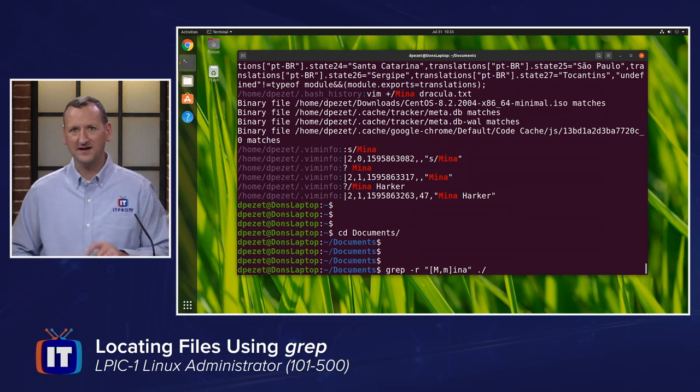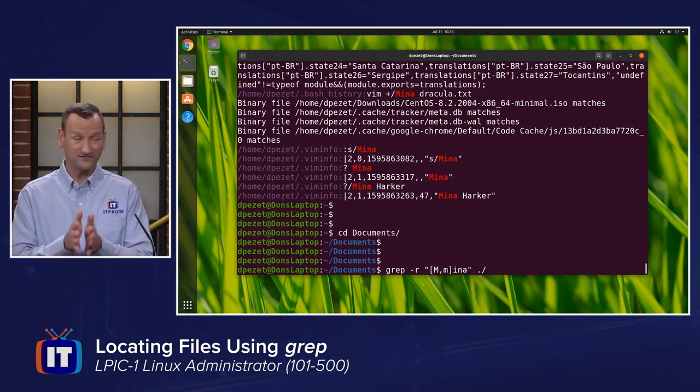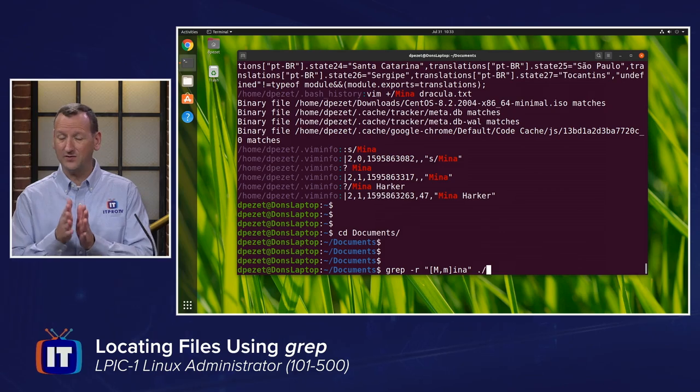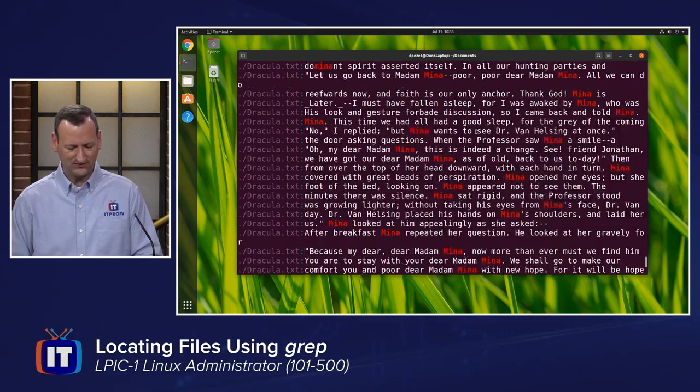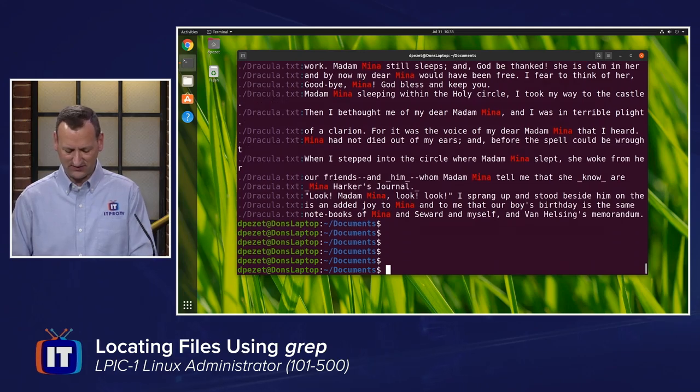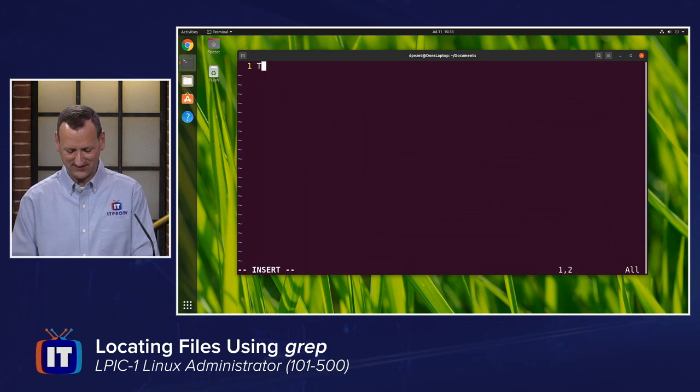Now it's going to look for Mina, and I've got a range for the first character, which could be a capital M or a lowercase m. And when I do that search, now it's going to find both. Now in my file, those kind of turned out the same, but I'm going to create one more file real quick. I'll just call it test.txt,